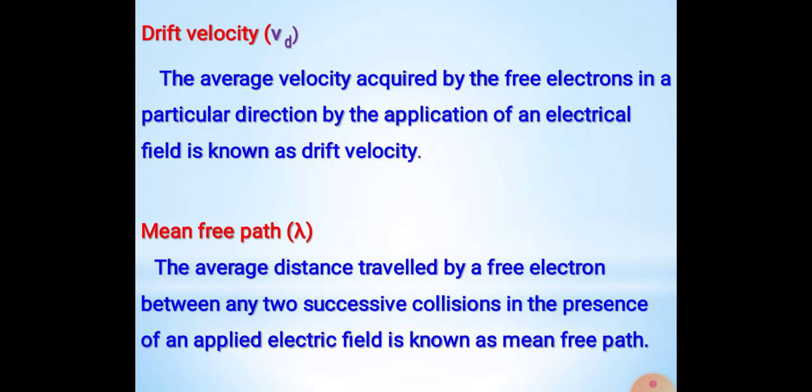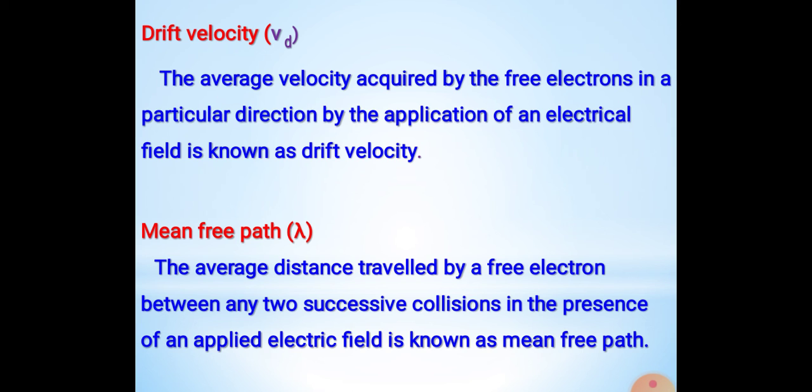Then by using this postulate, we can explain three definitions. The first one is drift velocity. Already I have said about that. When an electric field is applied, these electrons are drifted. That means they have extra velocity. Due to the extra velocity, their movement is called drift. So due to the extra velocity, they are drifted towards the positive terminal. That velocity is called drift velocity.